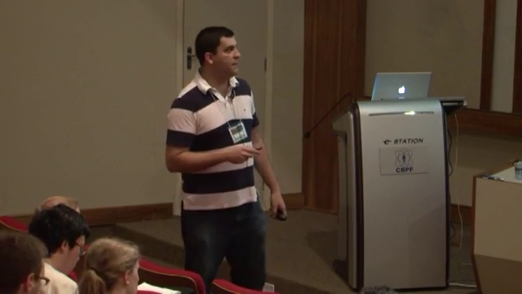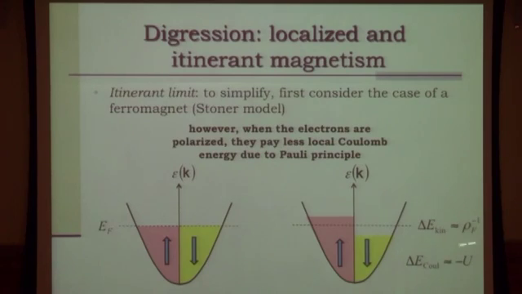Pauli exclusion, they cannot be in the same... Correct, that's exactly Pauli exclusion, right? If every spin is up, they cannot be on the same site. It's the opposite of what I said earlier, right? If they cannot be on the same site, they will be avoiding each other. They don't have to pay the Coulomb term. So at the same time that I lose kinetic energy, I gain Coulomb energy. Of course, the free electron gas has zero interaction, so this never happens.